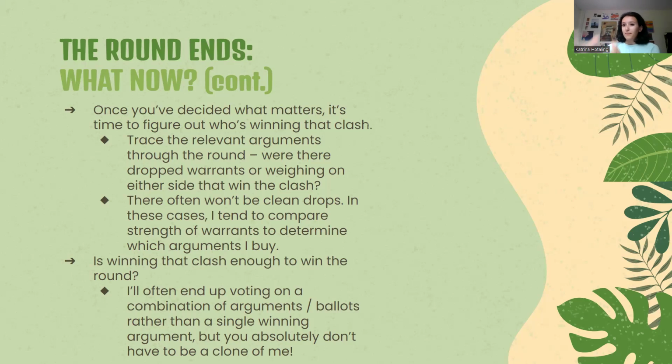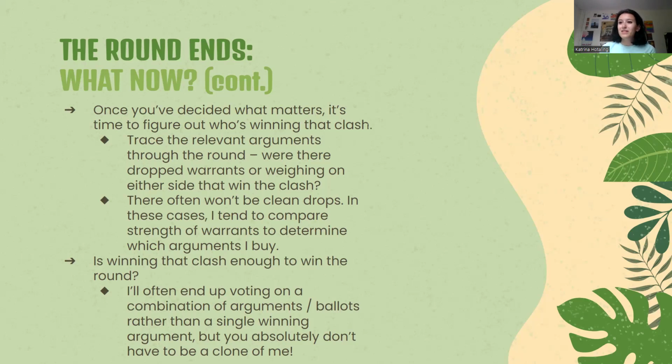There often won't be clean drops in round, especially in very good rounds. People aren't going to just drop chunks of the flow for you to vote off of. In these cases, you can do a couple of things. I tend to look at strength of warrants to determine what I'm buying. So if someone has maybe one not great warrant for their argument and someone else has three more in-depth, fleshed out, real-world applicable warrants for their argument, I'm probably going to buy the team that